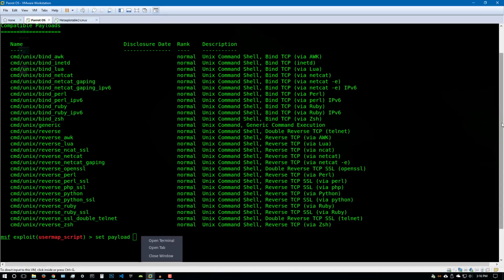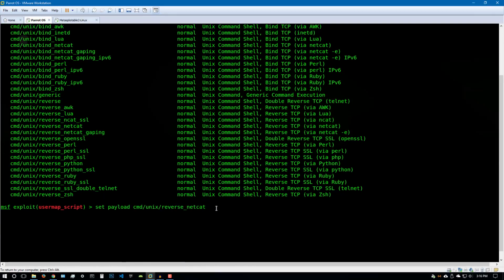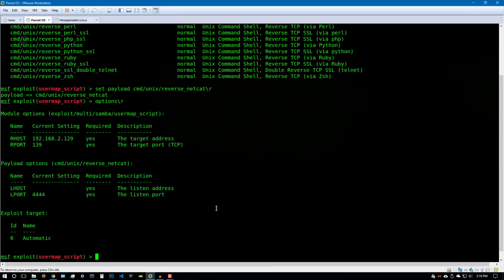Let me just do this right now. All right, so that's the payload we want to use. Now something interesting will happen. If we check for the options now, we have different options. Now we have the listening address, which is going to be my IP address or the